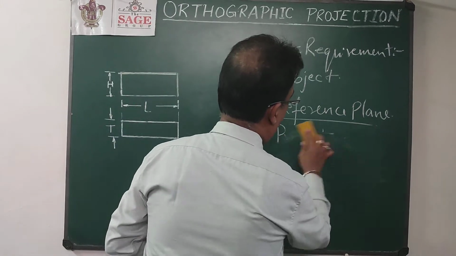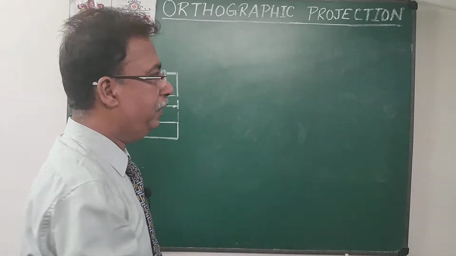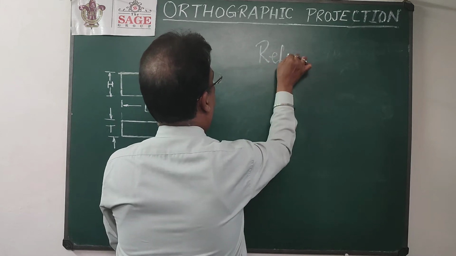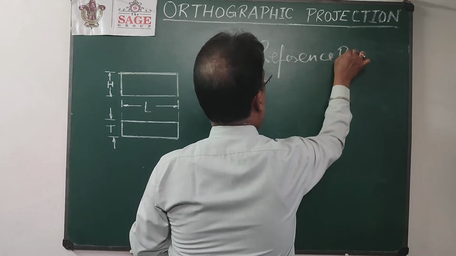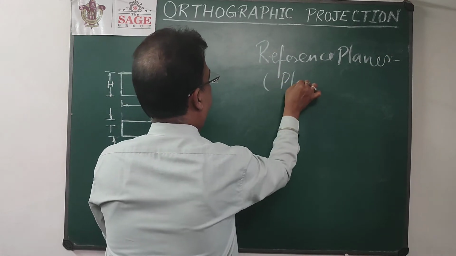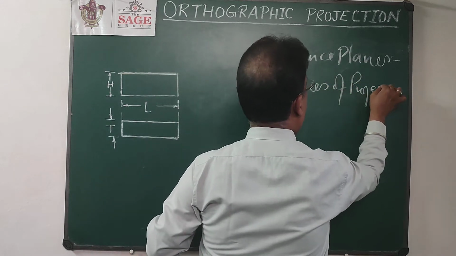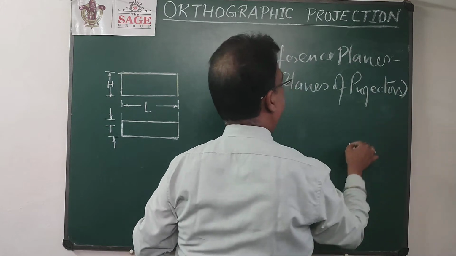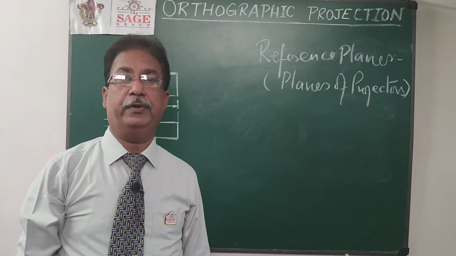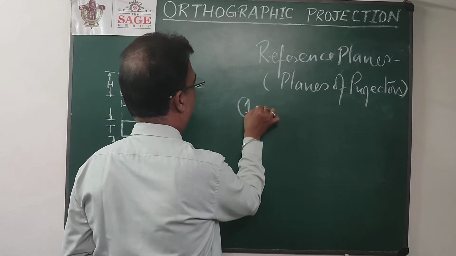So in drawing, actually normally we have 2 reference planes. One will be known as horizontal reference plane, and second will be known as vertical plane. So reference plane, also we can call them planes of projections. So in drawing, as already I have discussed with you, that in orthographic projection we require minimum 2 projections of any given object. So we have 2 reference plane. The first reference plane will be our horizontal plane.